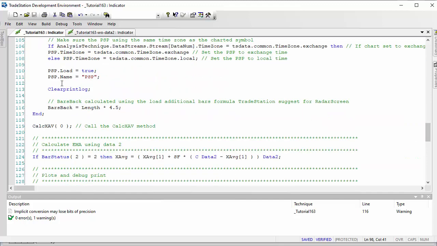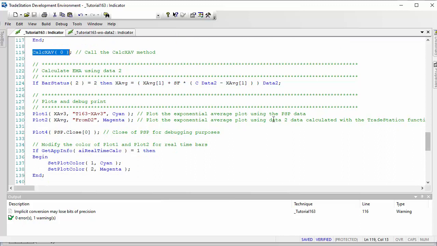And then we're calculating something called bars back, and that is going to be equal to length times 4.5. I'm just using the factor there that TradeStation uses for RadarScreen in terms of loading additional bars. You'll see where we use that in a moment. Then we call the method every tick on the chart,